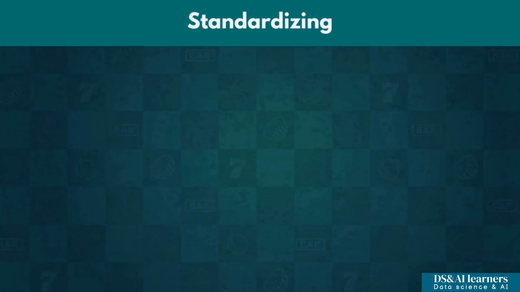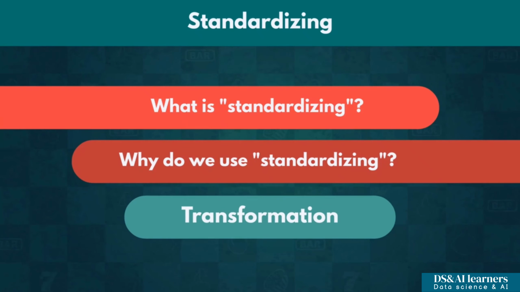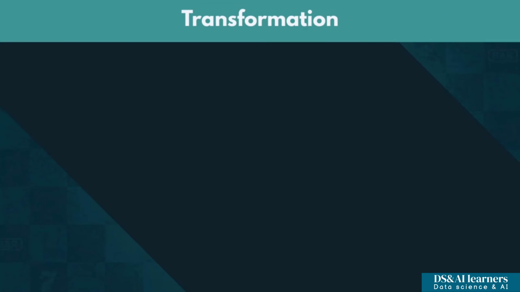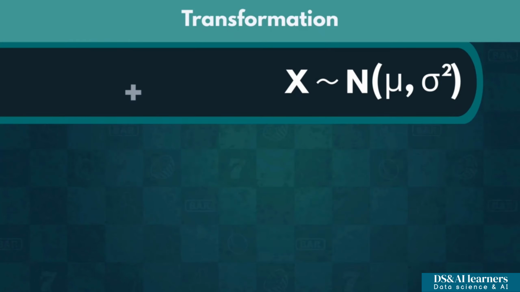Welcome back, everybody. Towards the end of the last lecture, we mentioned standardizing, but didn't explain what it is and why we use it. Before we understand this concept, we need to explain what a transformation is. So, a transformation is a way in which we can alter every element of a distribution to get a new distribution with similar characteristics. For normal distributions, we can use addition, subtraction, multiplication, and division without changing the type of